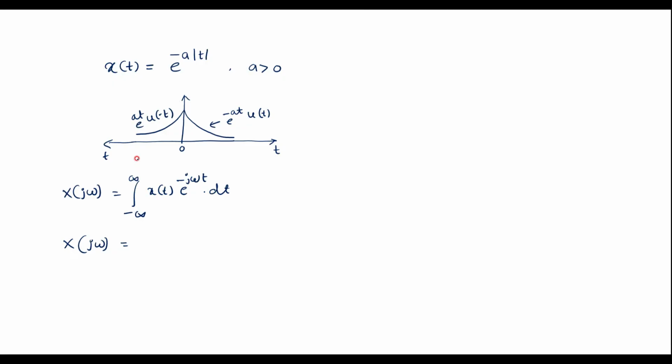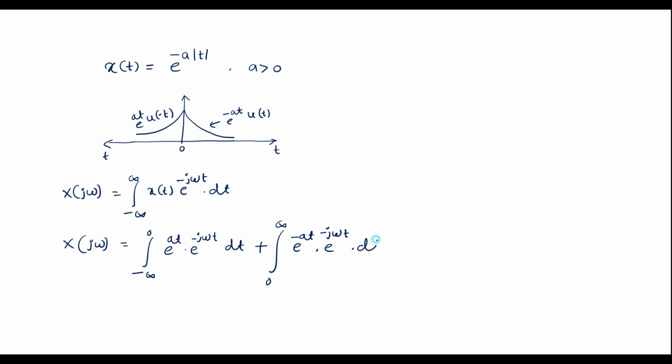So I can represent it as the integral from minus infinity to 0, where the signal is e^(at), into e^(-jωt) dt, plus the integral from 0 to plus infinity, where the signal is e^(-at) u(t), that is e^(-at) into e^(-jωt)